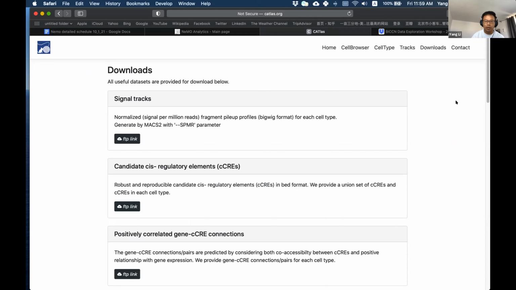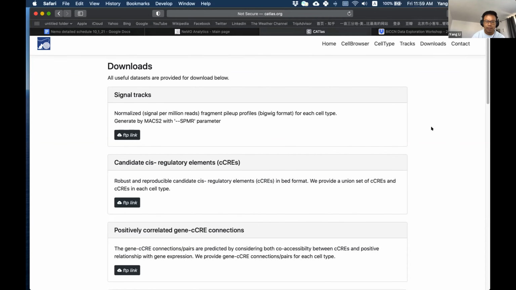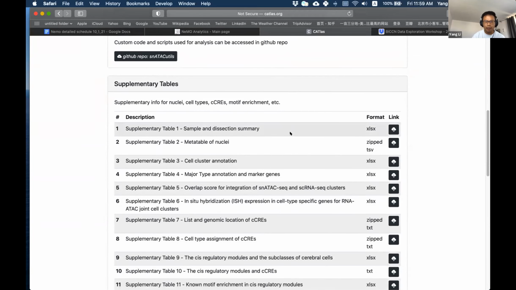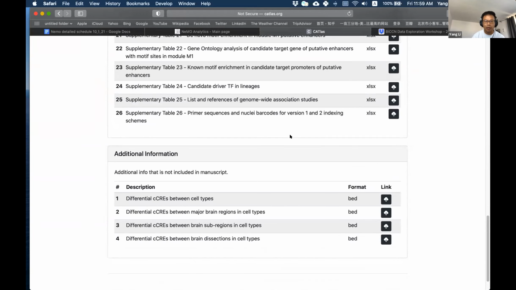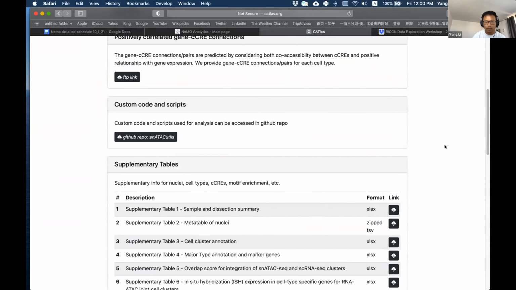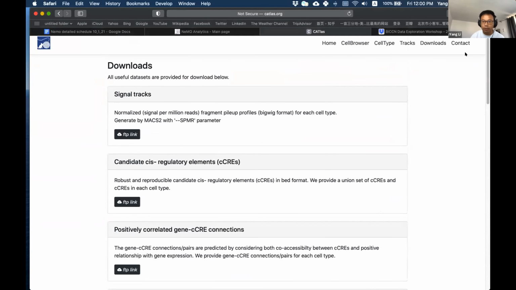You can find these resources here because we provided downloads for all of them. You will find this information in the supplementary tables, which I listed here. You can also find some additional information, including the differential peaks between cell types or between regions.